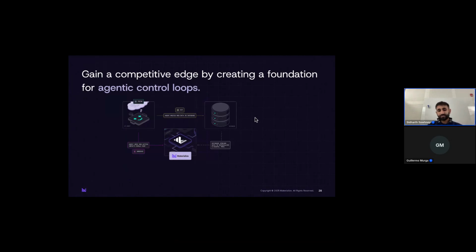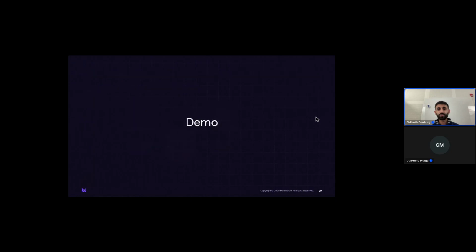So because of Materialize's benefits in reaction time and consistency, Materialize has a competitive edge in providing this fresh context for AI agents, and is a fundamental part of any AI agent workflow to really deliver that promise of the outcomes with AI agents. And from here, first, I'm going to stop for some questions just on the slides, and then I'll give a demo of this AI agent workflow MCP server in action.